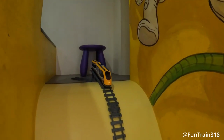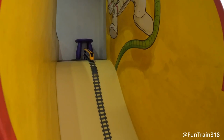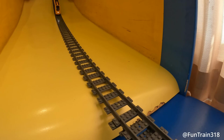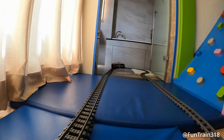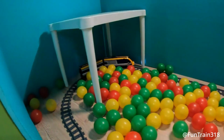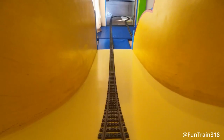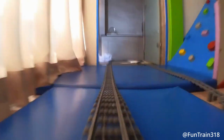Next, we take a look at what happens when you connect a LEGO train with a real slide. Here, the tracks of a LEGO set were laid along a children's slide. Due to the high gradient, the train reaches a high speed when starting. Once at the bottom, it passes through a 180-degree clockwise curve, which then steers it further through a bath and then through a ball pool. Last but not least, the train makes another lap around the bed on its way. As you can see, there are a lot of people who come up with their own stations and working train